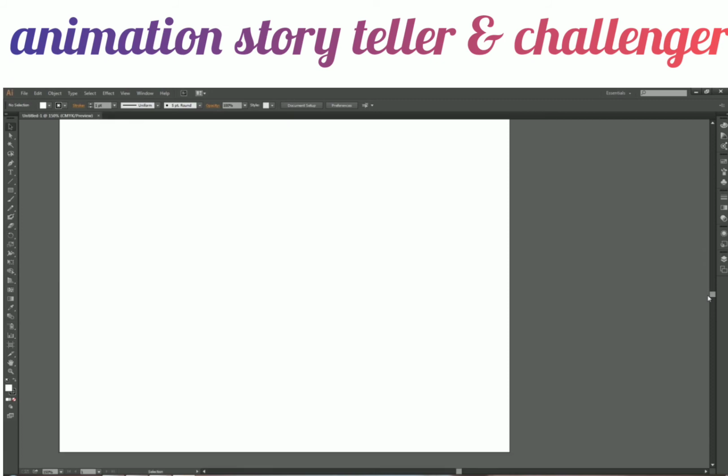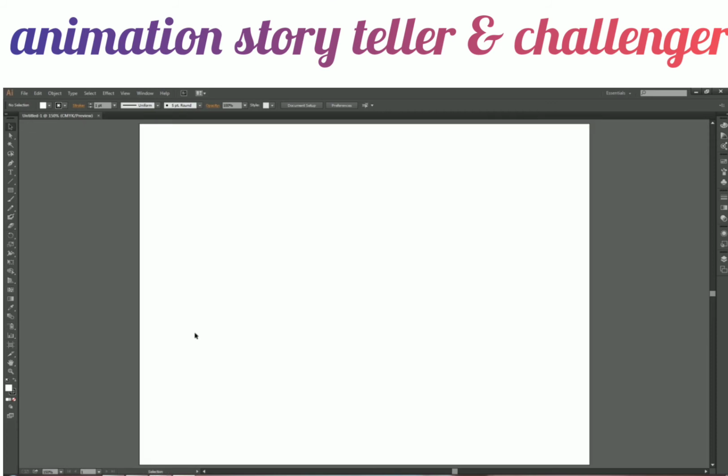And now coming to the interface. Oh, sorry, I forgot one thing. If you want to fit your screen, I mean, you see this white colored thing, this is the canvas, and if you have to fit it to your screen, then you have to press Control 0. Control 2 is for flash.